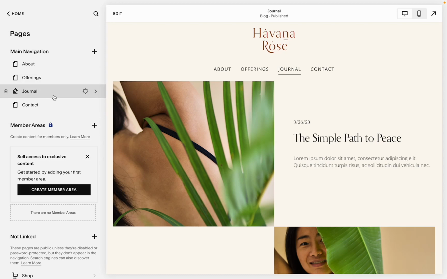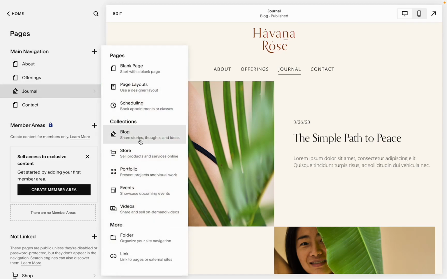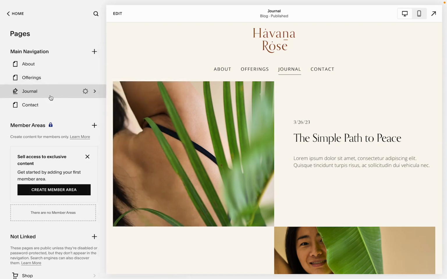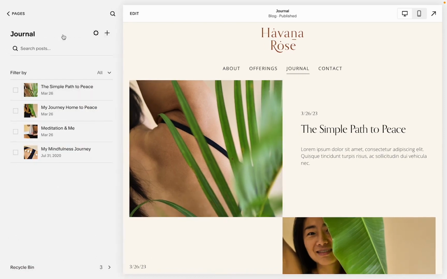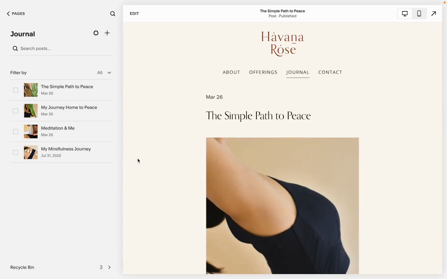So in order to create the blog itself, simply click on this plus icon here, and then click on blog. Here I already have an example, so we'll just use that. So in order to edit the blog post, click into the blog itself, and you'll see there's another panel. These are actually all of the blog posts that I have already created, just as an example. So if I want to go into one, I simply click on it, and you see my blog post is